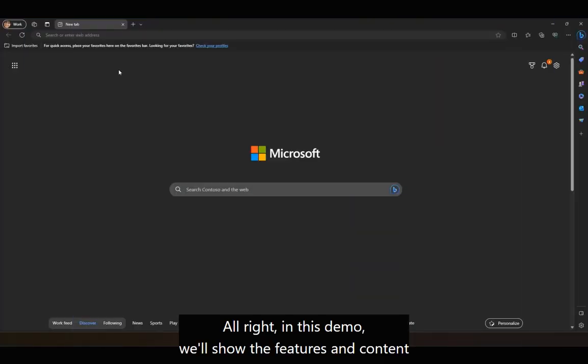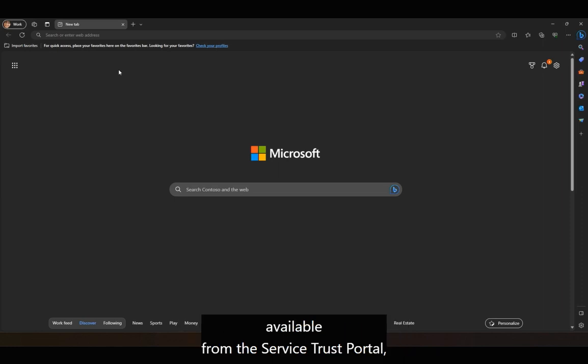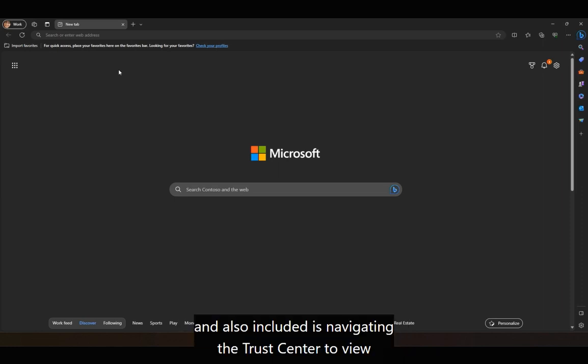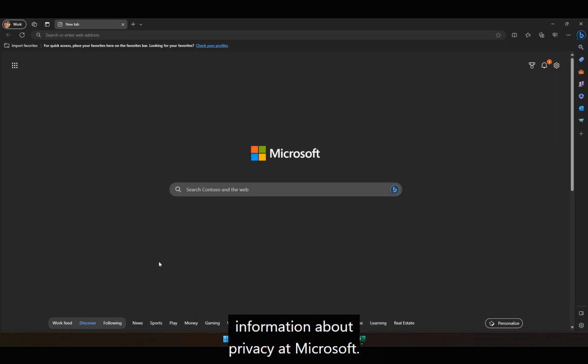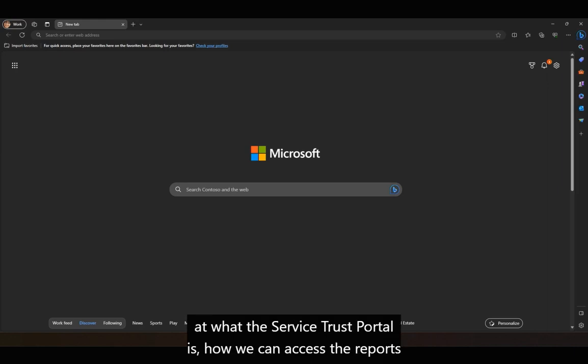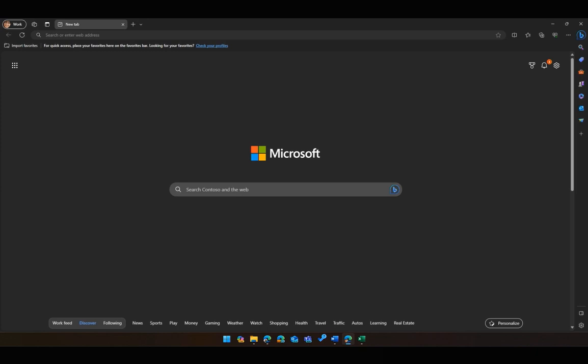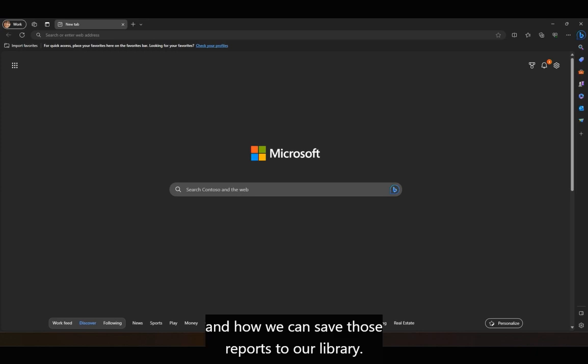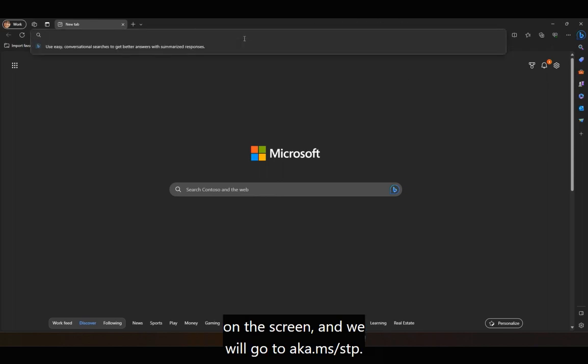All right, in this demo, we'll show the features and content available from the Service Trust portal, and also included is navigating the Trust Center to view information about privacy at Microsoft. So in this part, let's just take a look at what the Service Trust portal is, how we can access the reports, and how we can save those reports to our library. So let's open up a web browser, which I already have up on the screen, and we will go to